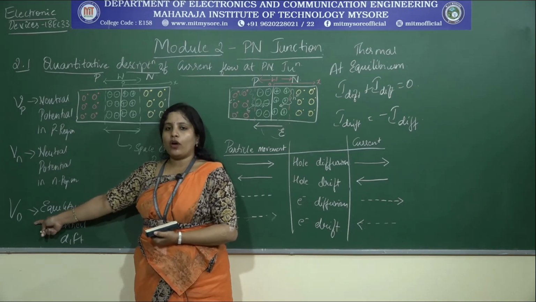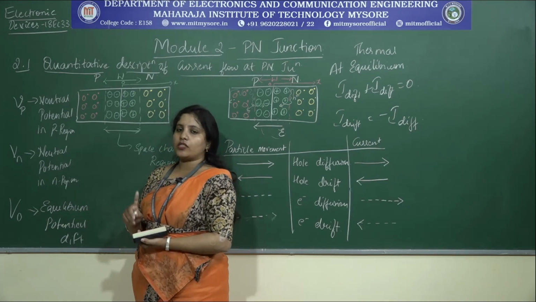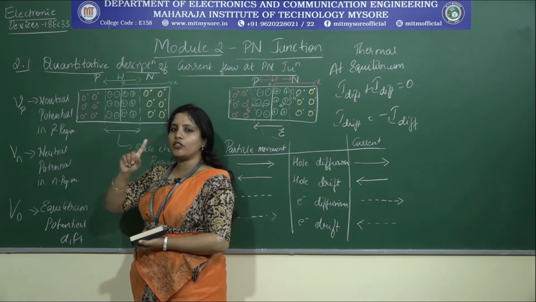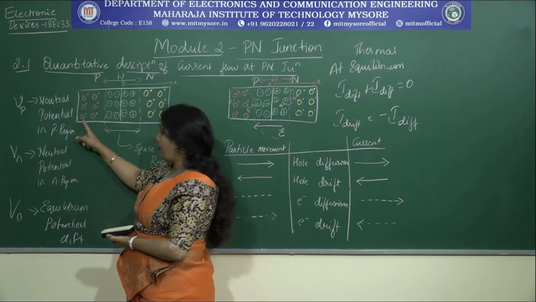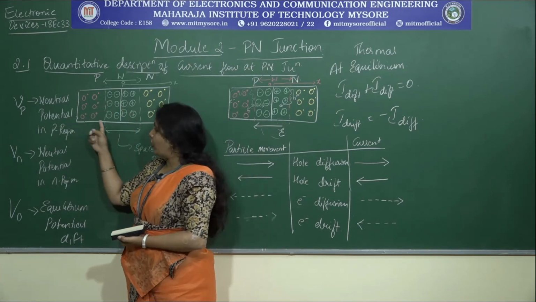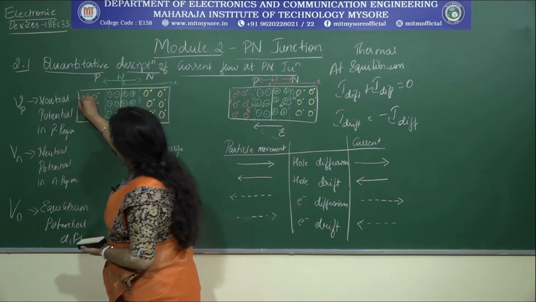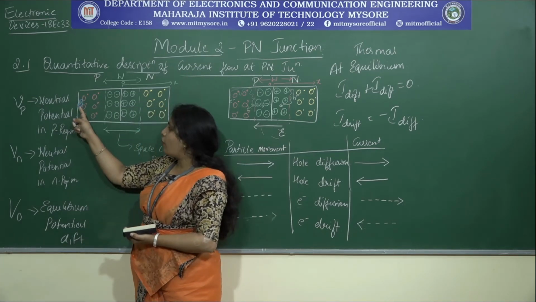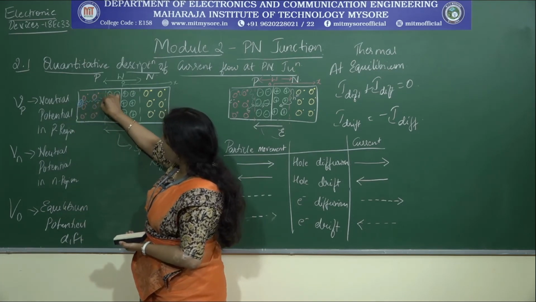diagram. Now, in order to understand that, let us assume that there is one positive Coulomb charge present in the p-type. I am assuming one simple charge for simplicity. Let me assume one positive Coulomb charge in the p-type which tends to move to the n-type. Now, when it is in the neutral p region, let me consider this as plus 1C. What does this indicate? A positive 1 Coulomb charge which is trying to propagate through this neutral region.